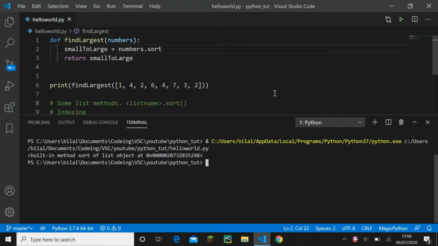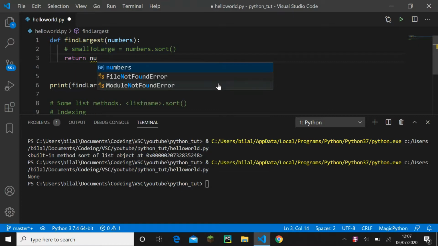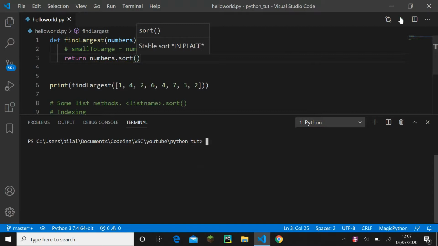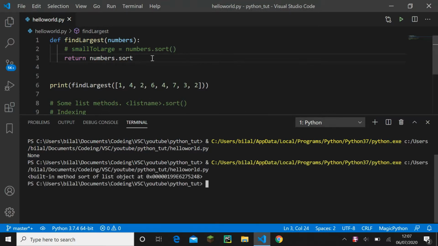Is it not? Let's try, actually let me comment this. Return numbers dot sort. Run this. Still get none. See what happens. Okay, there's another way of doing this. Well,